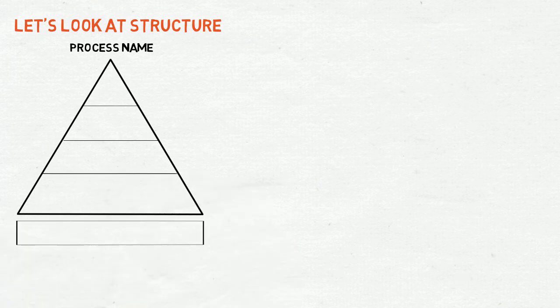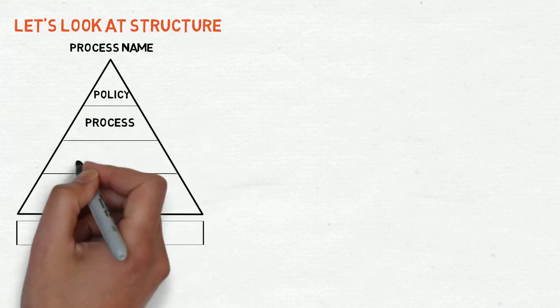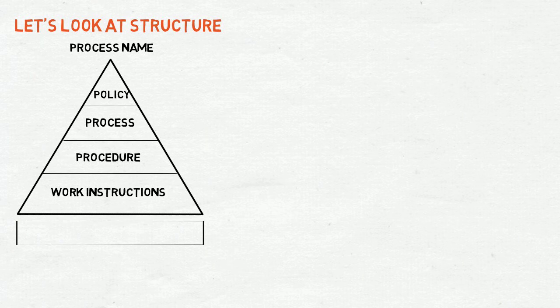The pyramid is used to depict the importance of each document as well as to gauge the amount of time you will need to invest in developing these documents. The higher up the documents are, the more important they are. And the narrower they are in length, the less time that is needed to develop them. At the topmost are your policy documents, followed by your process, then your procedures, your work instructions, and finally your